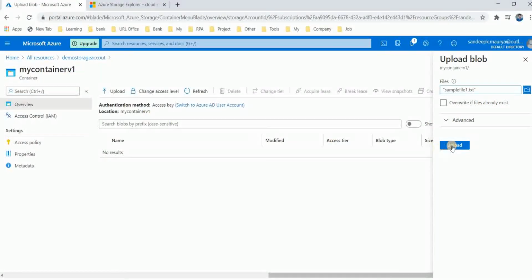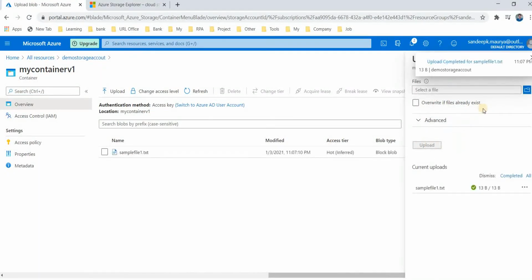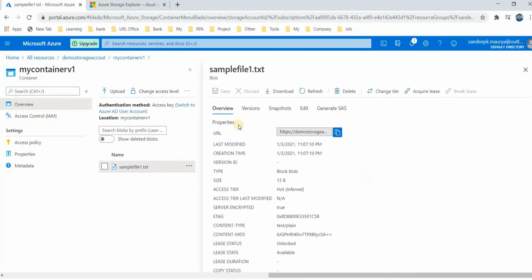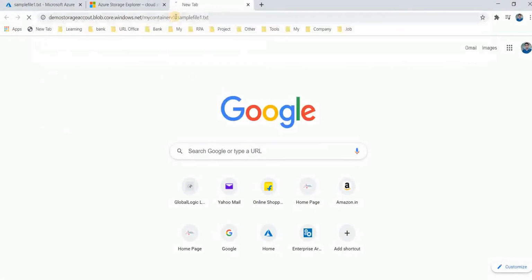This is the sample file which I uploaded here. Now if you click on this file, you will get a URL. Based on that URL, you can access this file. Just copy this and paste it here.